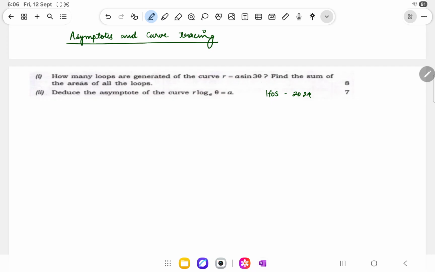So question 1 says: how many loops are generated for the curve r equals a sine 3 theta? We're supposed to find how many loops there are in this curve, and further it asks us to find the sum of the area of all the loops. There is a formula: if my curve is r equals a sine n theta, then the number of loops are